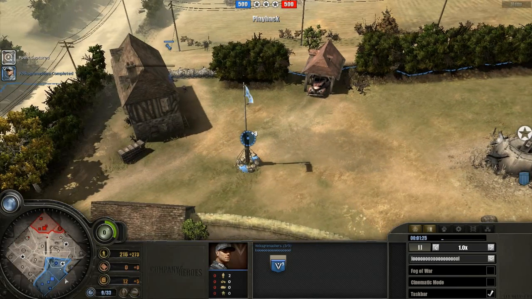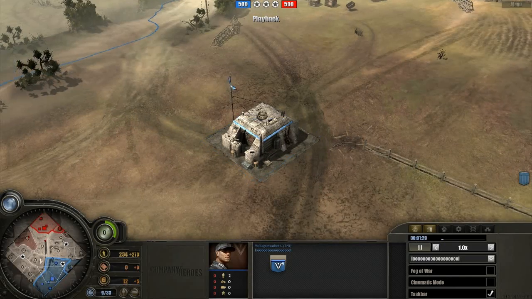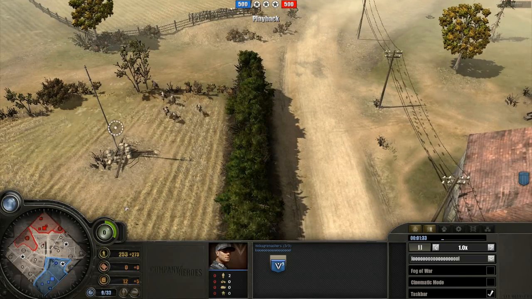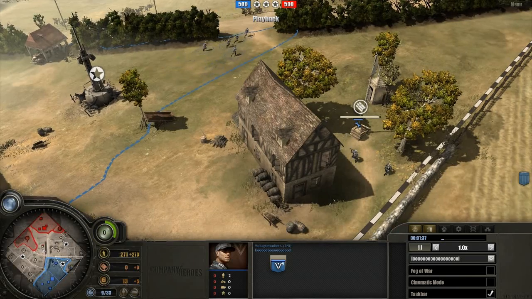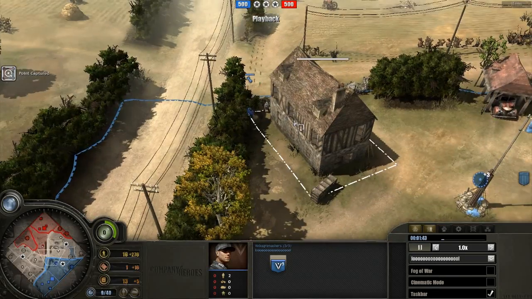So we have Wehrmacht on the south of the map, which is the standard turn position for Wehrmacht on this map, and American on the north. They're both doing a standard opening, 2 engineers and 2 pioneers, Volks and riflemen. The Wehrmacht player is actually going for the right hand side,